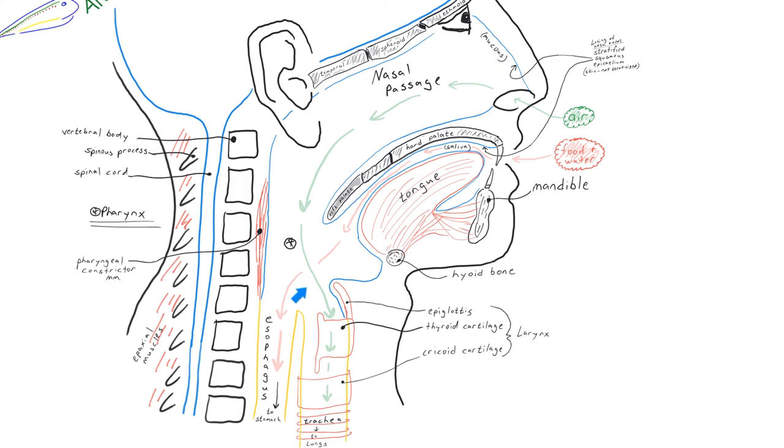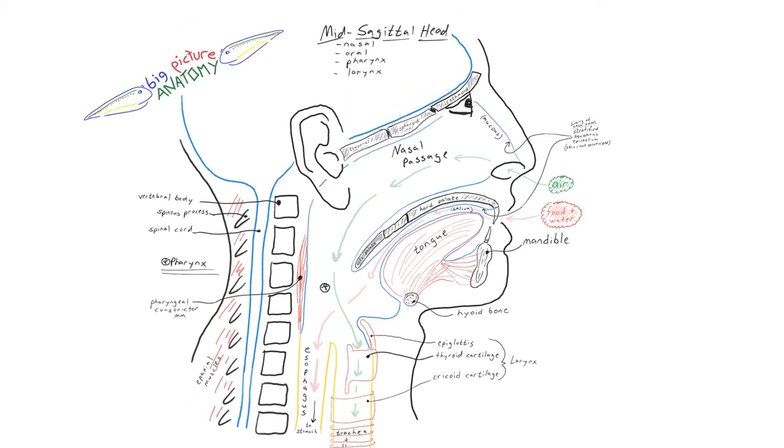If any food and water does get lodged or into the trachea, we have choking, a minor event if it doesn't totally seal off the trachea and you cough it back out. A major choking event, life-threatening, if you get something lodged in here that seals off the trachea and you can't breathe. So, just to recap,